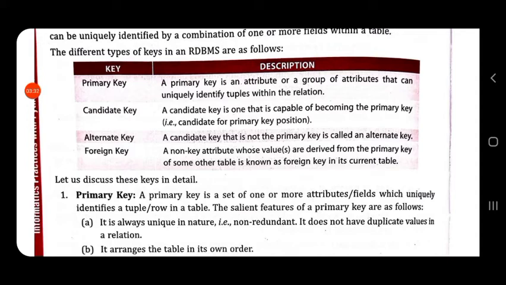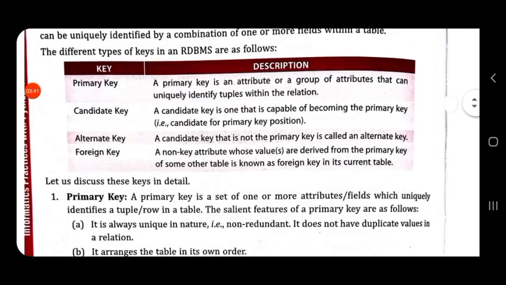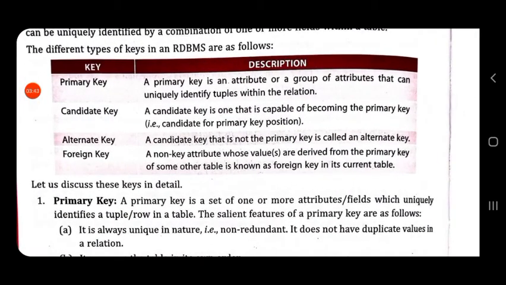Suppose I have created a table in my school class register. In it, the first column is the roll number, the second is the name of the student, the third is the address of the student, the fourth is the occupation of the parent.